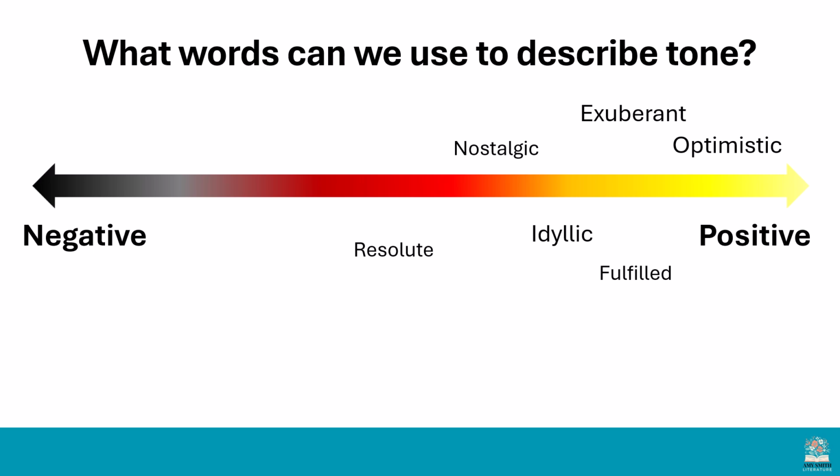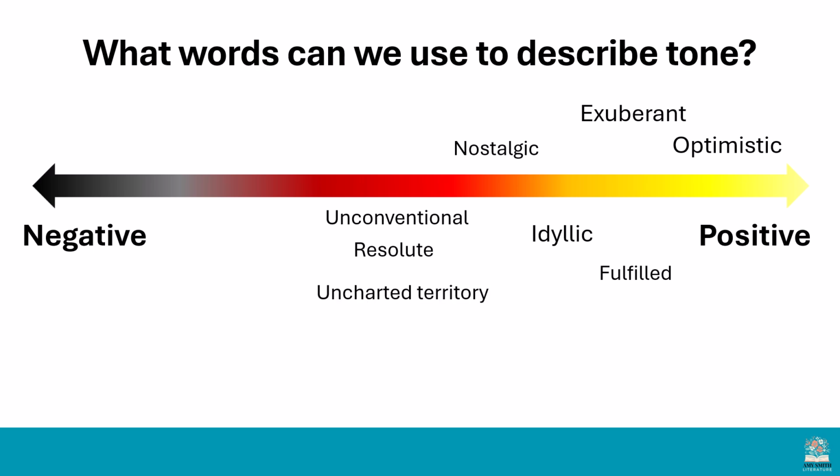Resolute is pretty determined. I've put that kind of in the middle because being determined could be inspired by a negative feeling. You might be going through something and you need to be really determined to get through it. Whereas actually the outcome of it is quite a positive thing because then you can overcome a challenge. Unconventional means challenging the stereotypes, standing up to things. Again, I've put that in the middle because it could be a product of a negative situation. If you think about women under the patriarchy, women were unconventional when they stood up against female stereotypes. Well, that's coming from a negative situation, even though it might be a positive action. So I've put that in the middle.